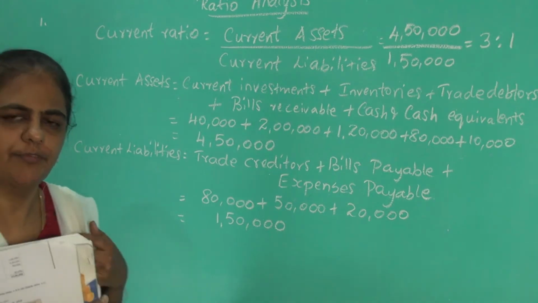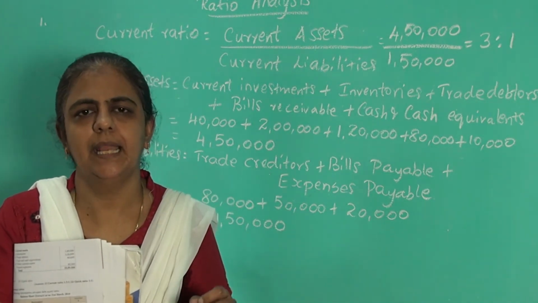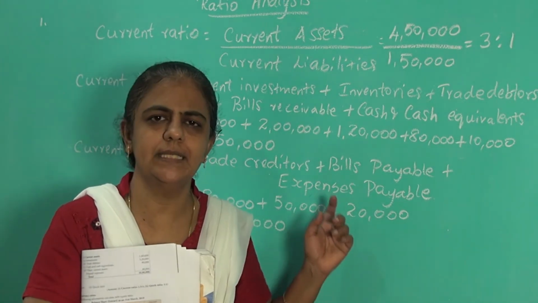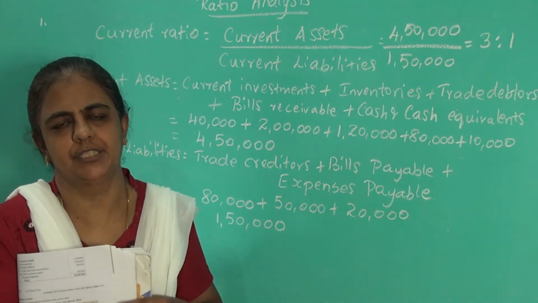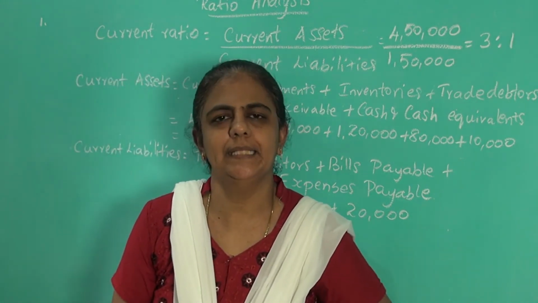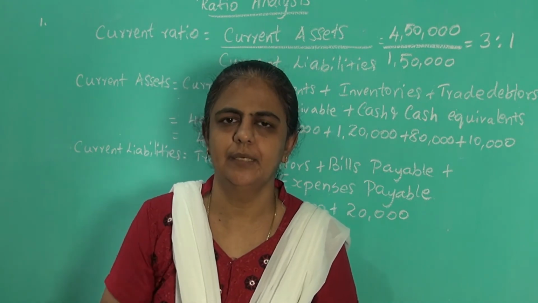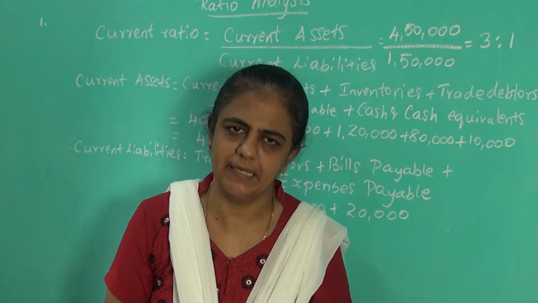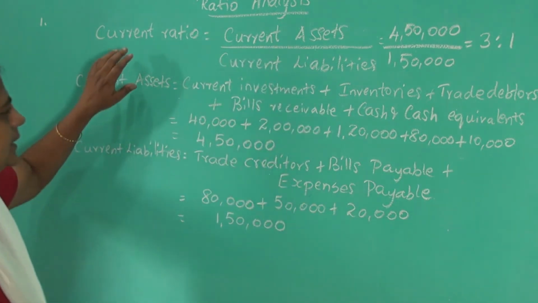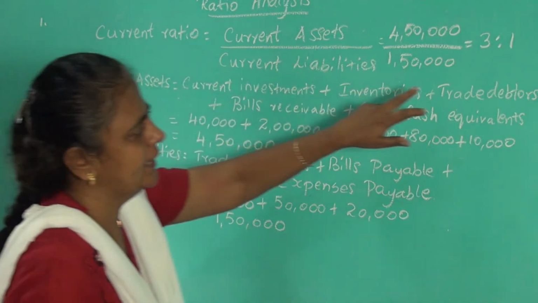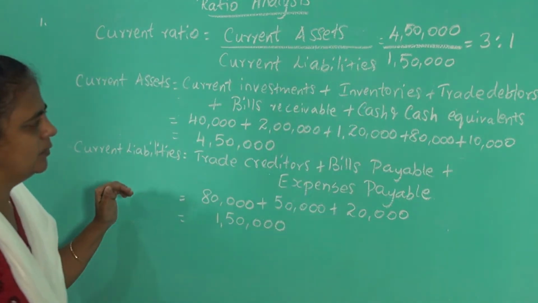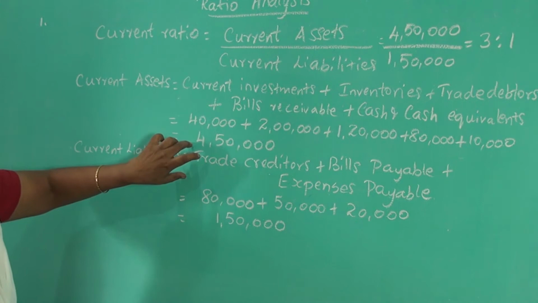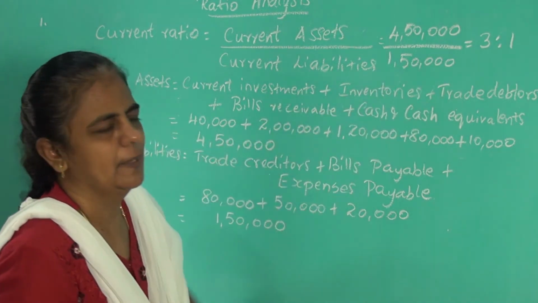Okay, then all the profitability ratios you have to write in percentage, and all the turnover ratios you have to write in times. Okay, is it clear? All the solvency ratios you have to put in proportion. Liquidity ratio and the solvency ratio you have to write in proportion. Profitability ratio you have to write in percentage, and all the turnover ratios you have to put in times. Okay, so this current ratio, it comes under liquidity ratio, so you have to write as 3:1. Okay, only one thing you should know, how to identify the current assets and the current liabilities, then take and substitute in the formula. Okay.